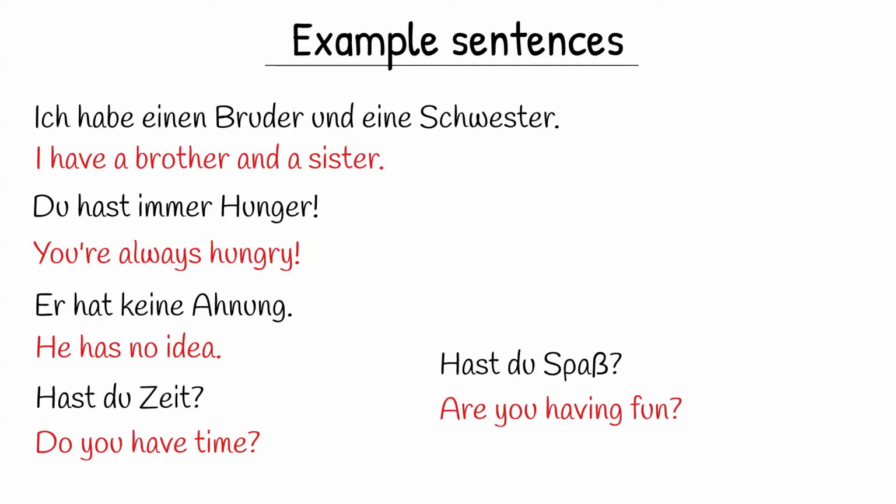Notice that I have incorporated the 3 different versions of the English present tense that we can use. I have in the first sentence and he has in the third sentence, but also do you have. We use do when it's a question. And finally, are you having? You are having in the final sentence. The German is quite simple. All you need to learn is those 6 different persons, which you need to, and I encourage you to learn very well right now.